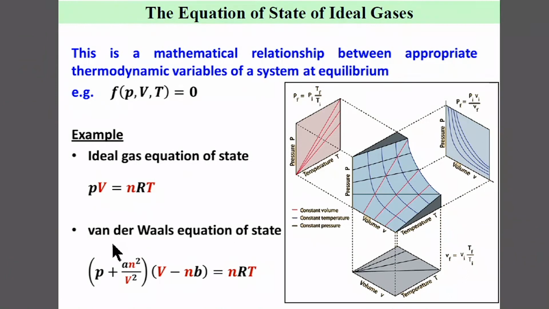PV equal to nRT. You have the van der Waals equation, which is a modification for volume correction and intermolecular interactions. So we have this introduced volume correction and the interaction factor. So here you see I have this. How was this ideal gas law derived? It was from Boyle's law, Charles' law, and the combination of Avogadro's law. So I'm not going to discuss this here, but just for your reference,